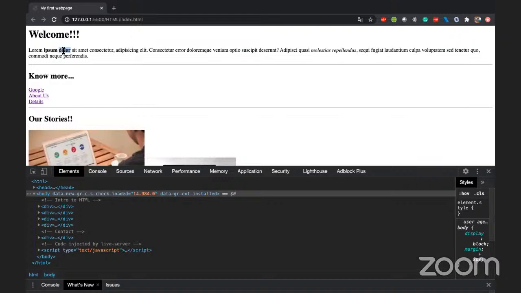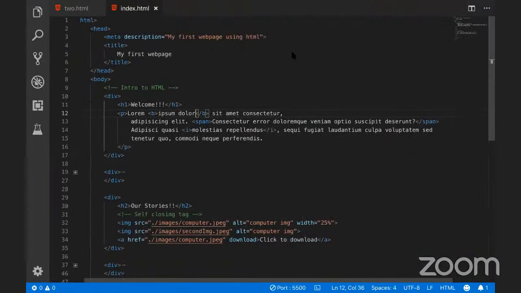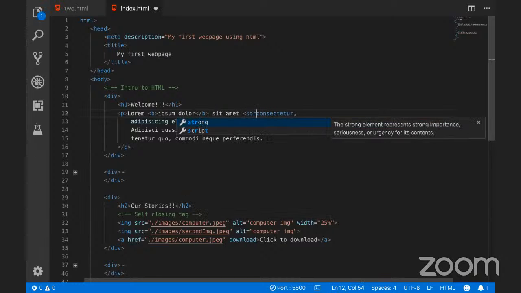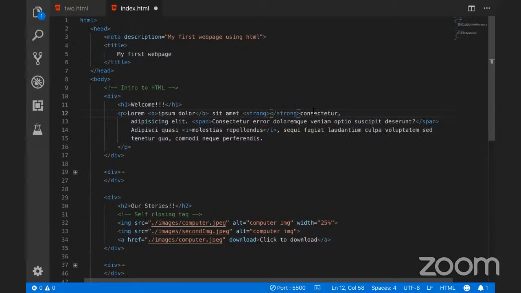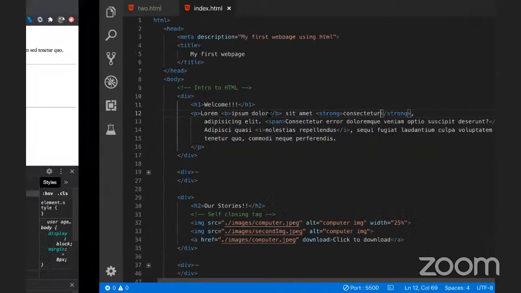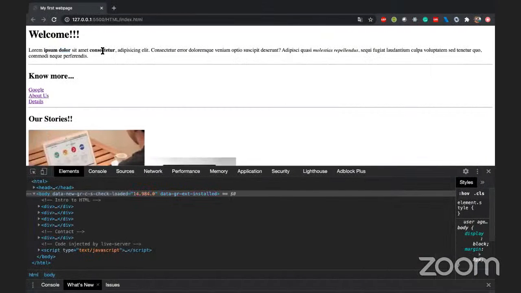Now, there is a very slight difference. There is a question that came from Rohit, which is a very good question. There is a strong tag as well, which is also one inline tag, which will make it look bolder. But there is a very slight difference in terms of why it is used. देखो दोनों same चीज कर रहा है, right? There is not much difference between them two. Correct? The difference is, Jagdish, you are right, but